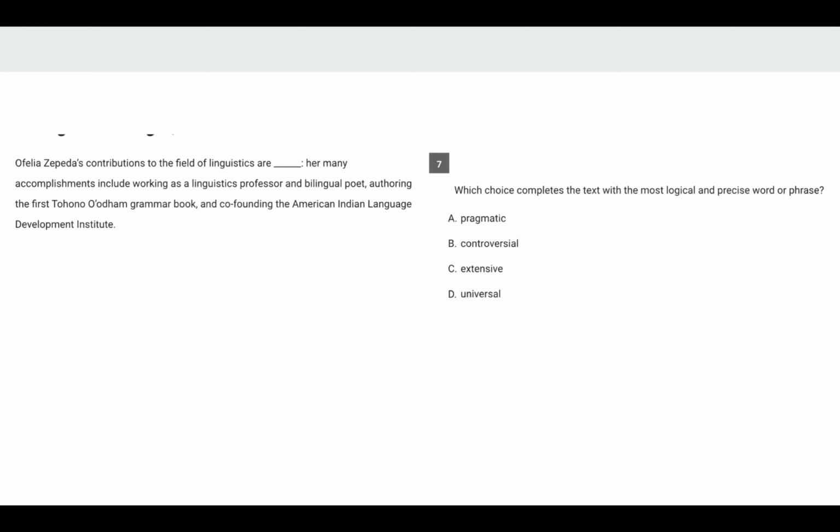So we can safely eliminate A and B. But now let's look at C and D. Extensive, well, judging by the word, we can say that extensive means that it kind of fits. But universal, let's look at universal. Okay, universal doesn't really fit here